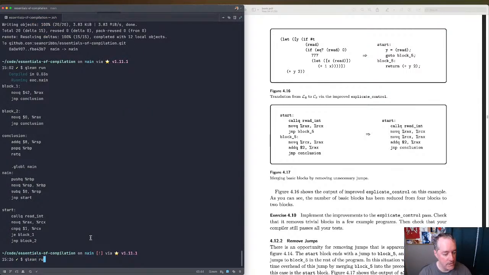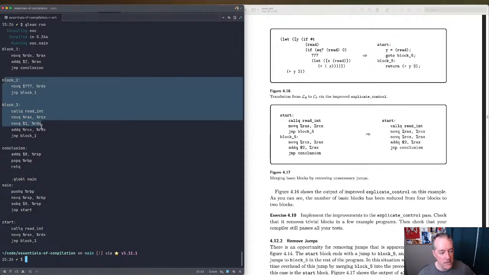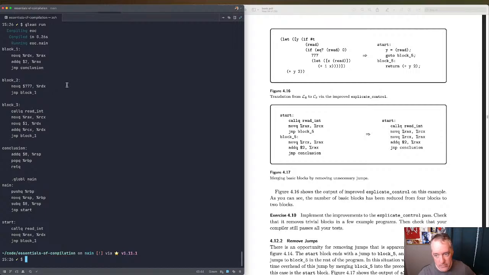Let's see what it becomes. Okay, so we are generating unnecessary blocks here. Let's read through this. So start readInt, right? Move rex to rdx, and then it unconditionally jumps to block 1. Block 1 is add to rex, jump to conclusion. So we are still generating these extra blocks. So we didn't actually solve the problem